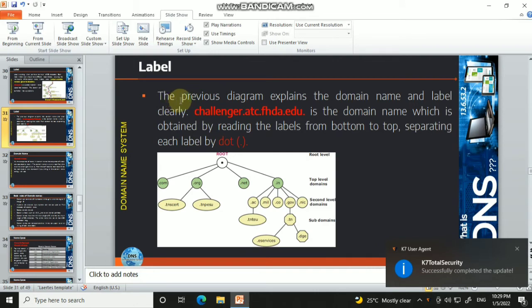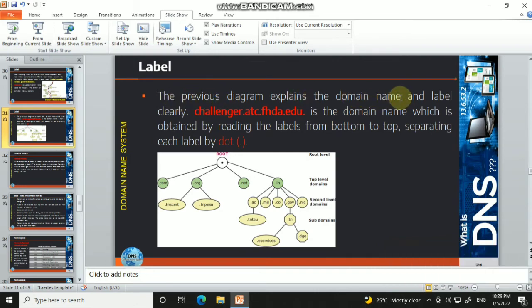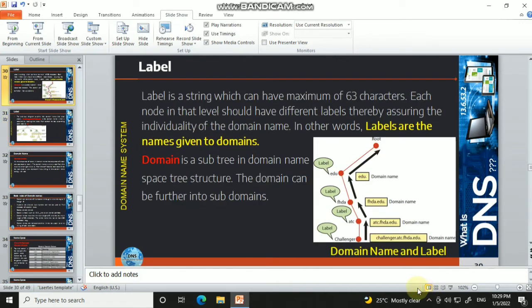The previous diagram explains the domain name and the label clearly. Here challenger.atc.fhda.edu is the domain name, which is obtained by reading the labels from bottom to top, separating each label by a dot.